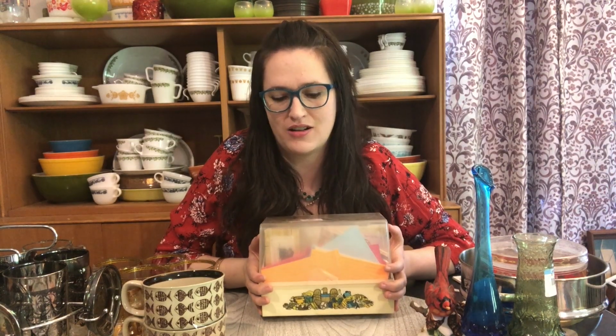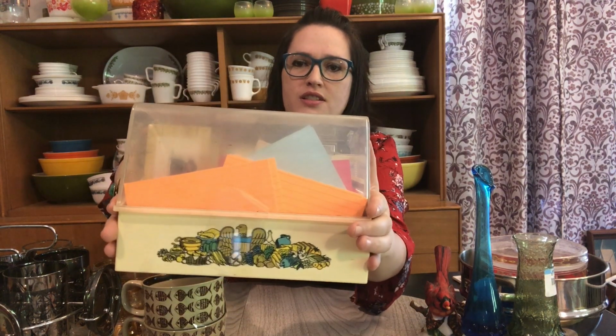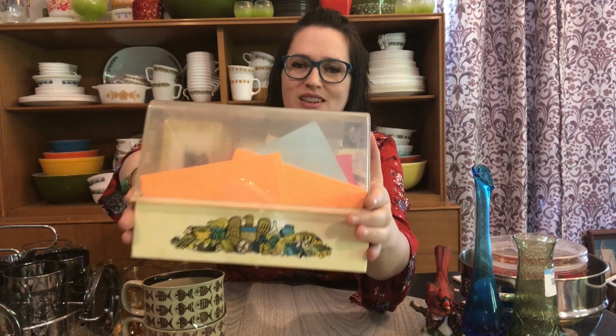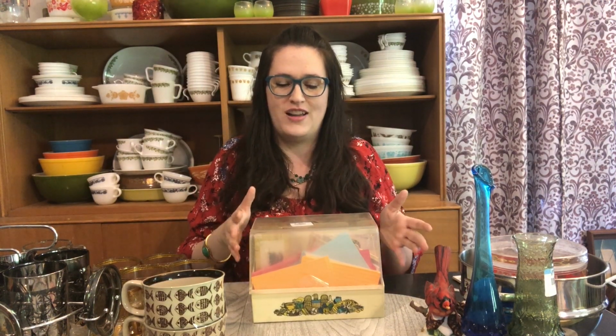Alright, so the last item I'm going to share with you today is the vintage McCall's recipe box. Now this one is not filled with the original McCall's recipes. I do have one. You guys probably saw me thrift that a month or 2 ago, so I knew what this box was. If you guys are unfamiliar, this recipe box here with the eagle on it is a McCall's. 1974, I believe, is the date on this. Now, this was only marked $2, so I paid $1.50 for it,